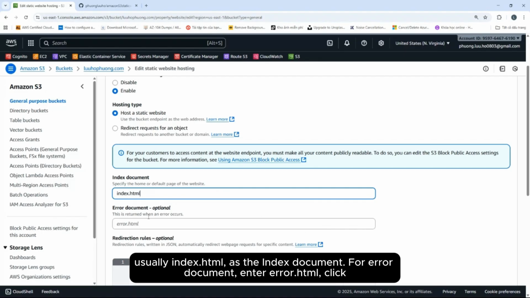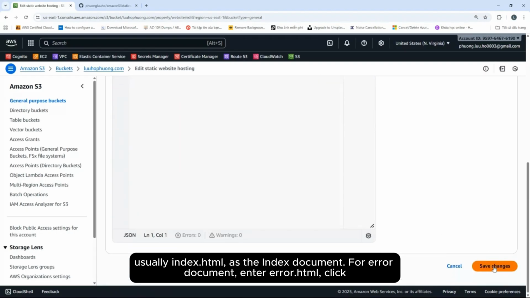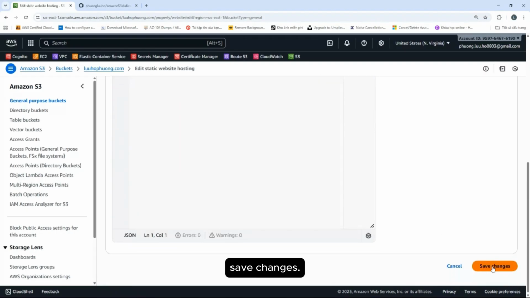For the error document, enter error.html. Click Save Changes.